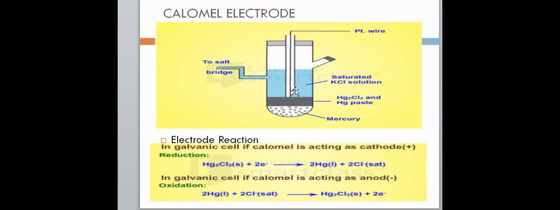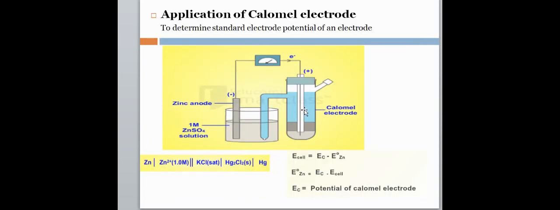Remember there are two containers required. So in calomel electrode, when calomel electrode is used, it itself acts as one container. Now this outlet that you see over here, that goes to the salt bridge. So this becomes one container and this becomes your calomel electrode. So this is your salt bridge.